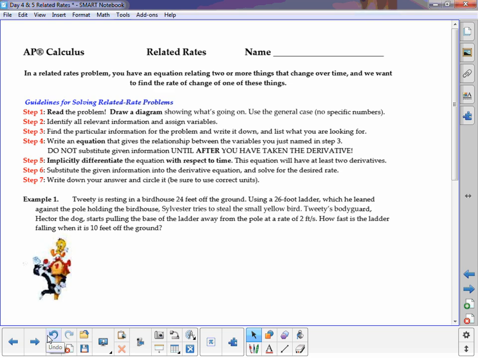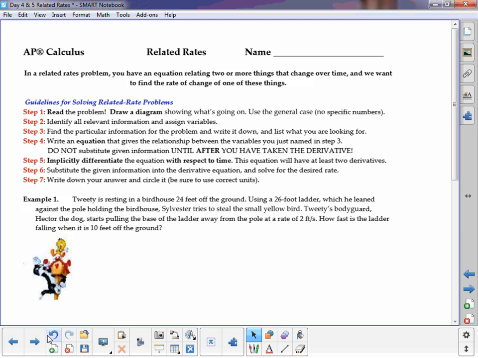Okay, so again, in a related rates problem, you have an equation relating two or more things that change over time. So thus we have two or more rates that are happening. And we want to find the rate of change of one of those things. So, for example, with this first one, we have Tweety resting in the birdhouse, and there's a ladder leaning up